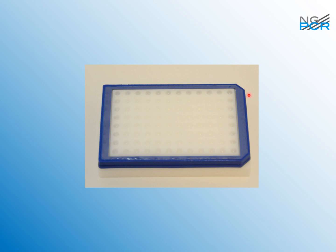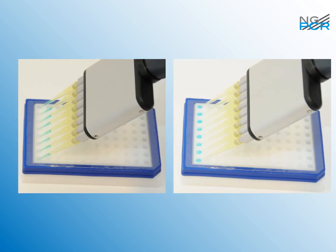So the plates fit on it like this. Here you have 2 cut-off sides. The pipetting anvil has the same 2 cut-off sides. And in the next slide, you can see that it's very easy to fill with an 8-channel pipette. And then the first thing people ask, okay, so these wells are not so deep. That's true, they are not so deep. But still the meniscus, the top of the liquid, is below the surface of the well if you put in 20 microliters. Good. So now you have to be very careful with this plate, of course, because otherwise it will